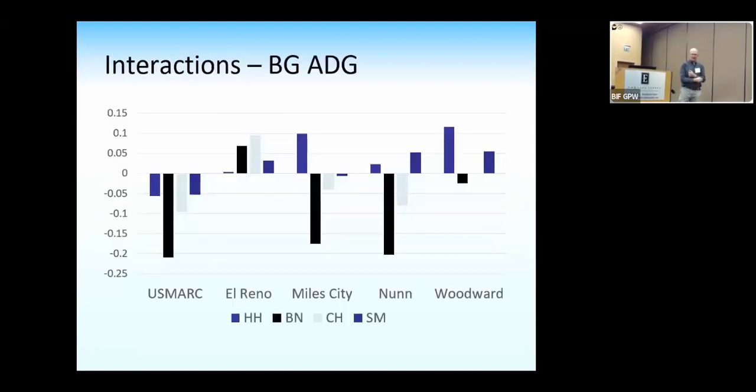So this is, I don't want to spend a lot of time on these because this is very preliminary right now. We just got these done and we've got some error checking still to do, but this is where we might look at those interactions and where they are. In each of these slides I've got right now, you pretty much got Hereford, Brangus, Charolais, and Simmental together, in each location at the bottom axis, right?